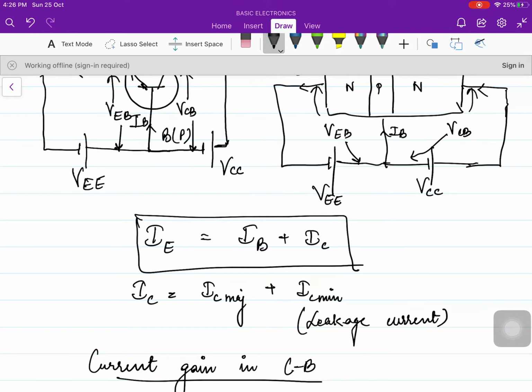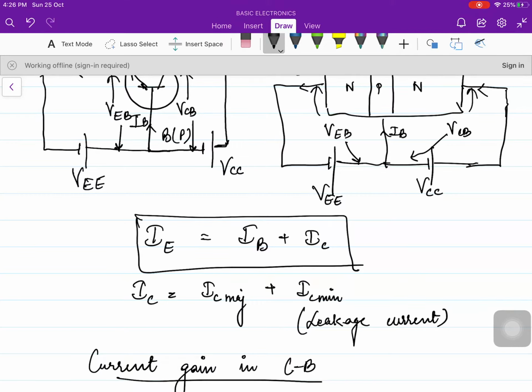So whenever you will do the numericals, you will find that alpha will come out to be 0.95, 0.99, 0.98 and so on. So this is the current gain. Basically here the current gain is not taking place because the output current is either approximately equal to the input current or it is less than the input current. So common base configuration cannot be preferred as an amplifier because here the gain is less than 1. What is an amplifier? Which will reproduce your weak signal by converting it into a strong signal. So you must get some gain over there. So here it cannot be used as an amplifier.